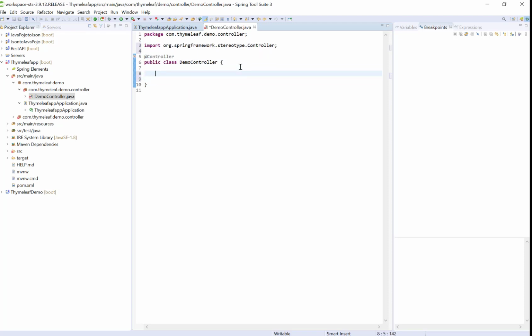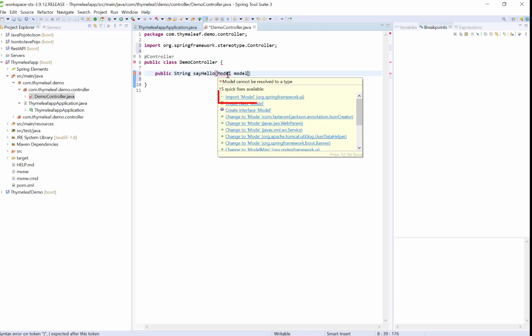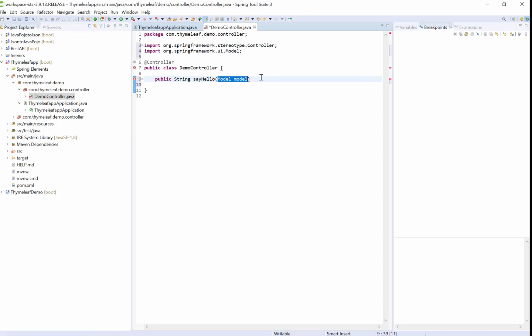Now I am creating one method here. Here I am creating the Model object. Inside this model, I am adding the attribute here, model.addAttribute.